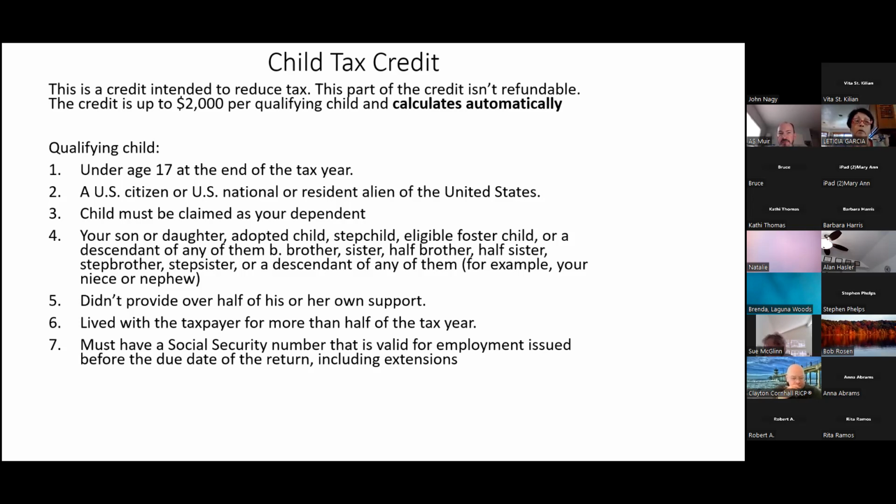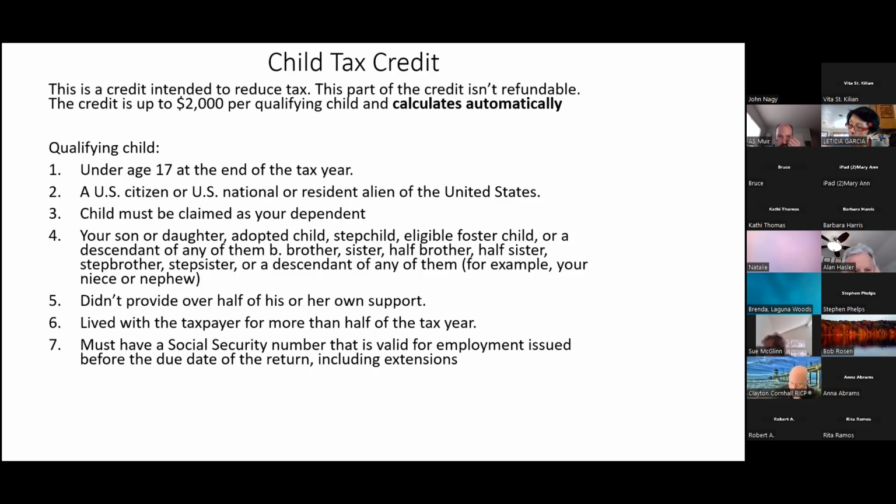So again, back to the child tax credit. This credit in tax year 2023, there's a maximum amount. And again, it's under age 17 at the end of the tax year. Our tax year in VITA is defined as December 31st because we only work with calendar year taxpayers. Every once in a while, you're going to bump into a fiscal year Form 1040. We don't do those in VITA. It has to be a calendar year.